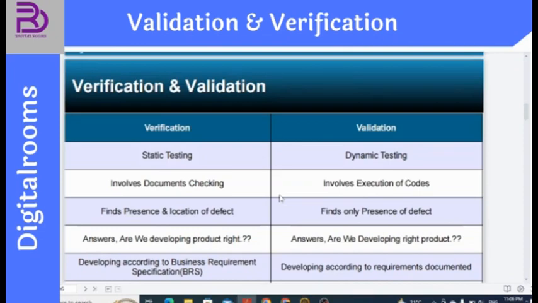Next, it says developing according to business requirement and specification, which is known as BRS. Business requirement means how the client or the project wants the particular software to behave. So is it going as per that? Now, developing according to requirements documented. What is the difference between that? So say, for an example,